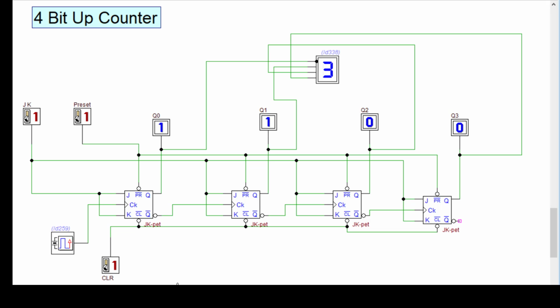So this is how you are going to use flip-flops to generate an up counter. Now you are going to see how to do down counting. That means 3 to 0, or 7 to 0, or F to 0. The circuit is the same except your clock connection for the second, third and fourth flip-flop. You have to give the clock connection from the Q side instead of the Q bar side. That we'll see in a moment.